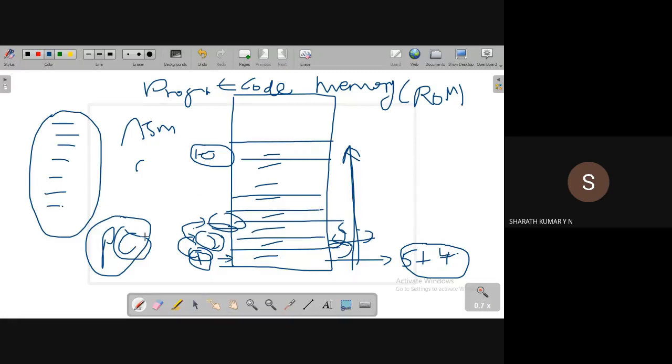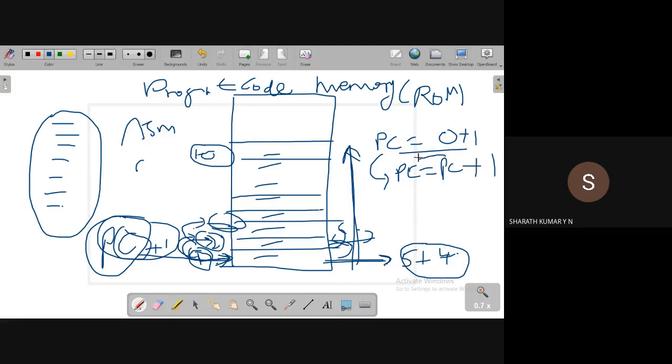So what the PC does is it starts execution from the first instruction. Once the first instruction is executed, it automatically jumps to the next location by adding 1 to the content of the program counter. Initially the program counter was 0. It will add 1. It executes the first instruction, then it has to go to the next location. It will add the content of PC with 1. The result is stored back to PC, which in our case is now 2, and it points to